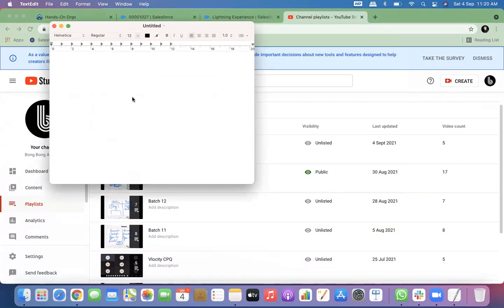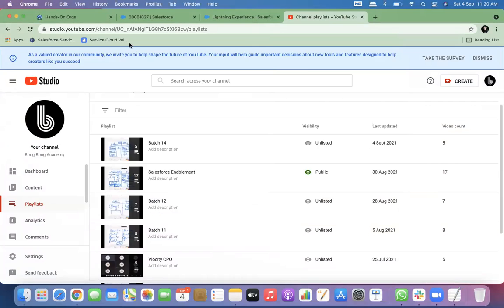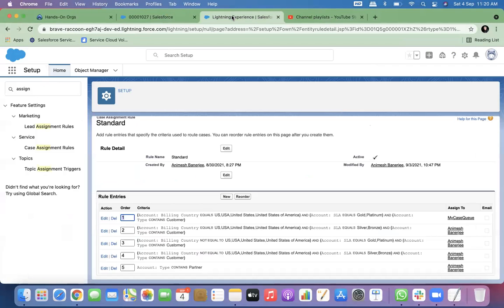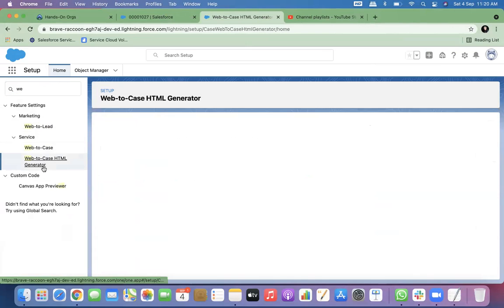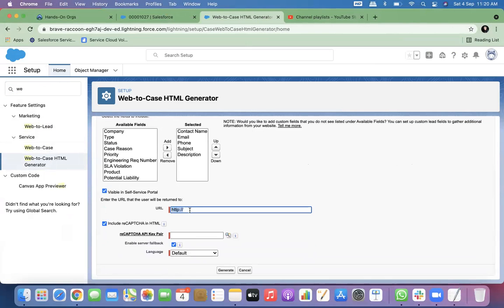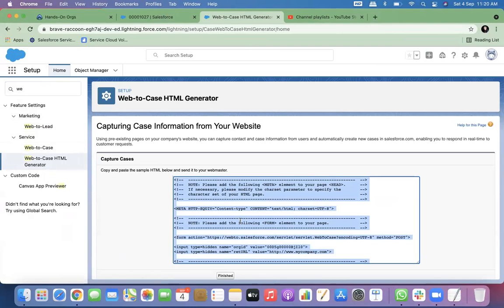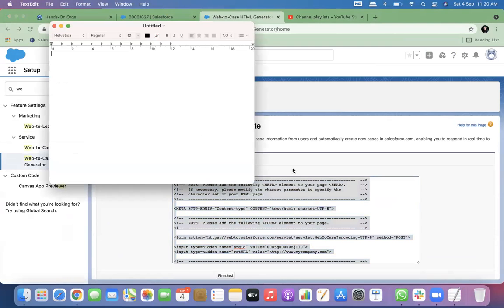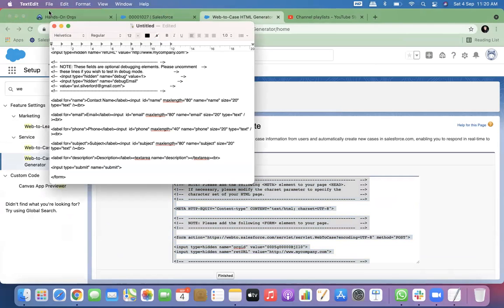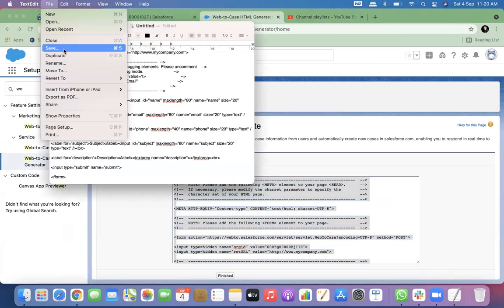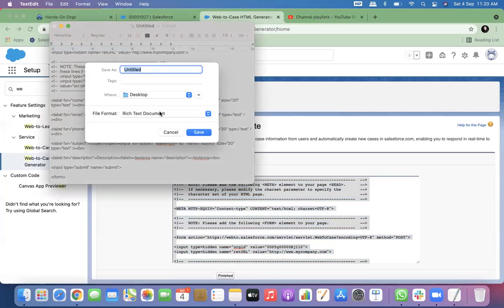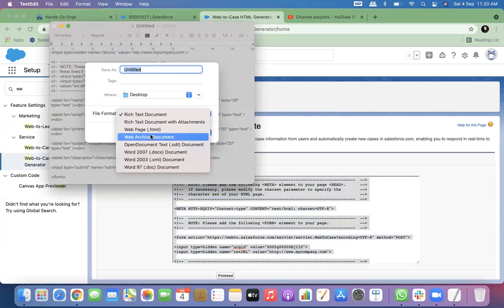So new document, and I will go to web to HTML generator. Control C, Control V, save it here. I save this, and I change this to .html.